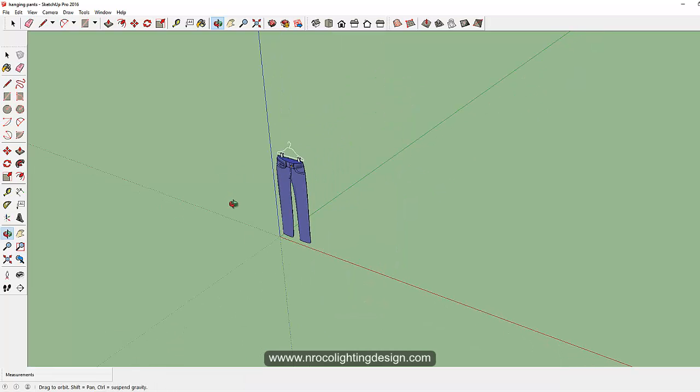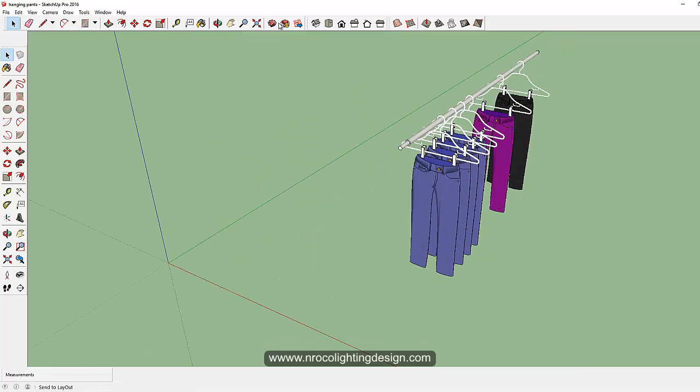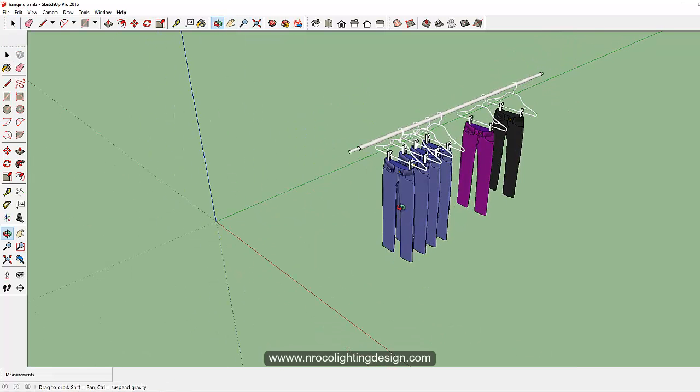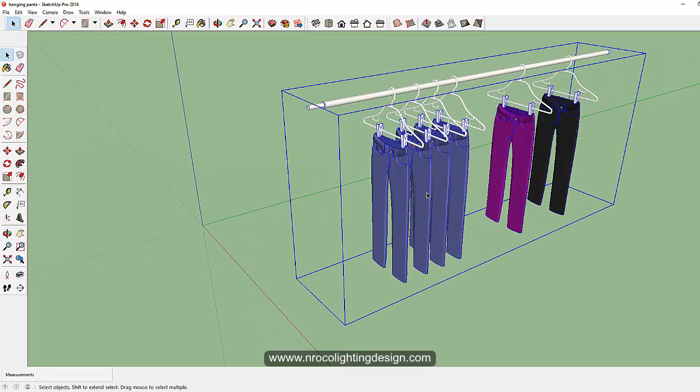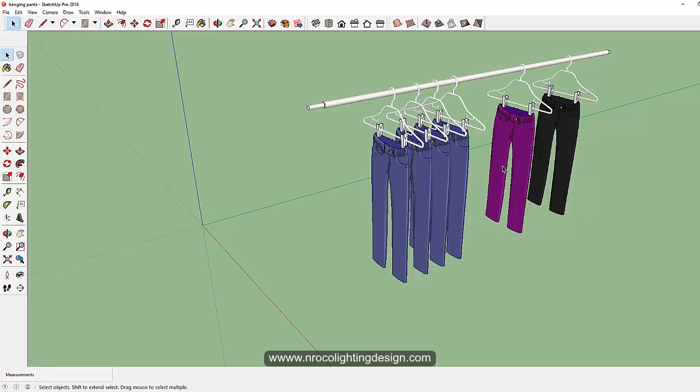So let's go and Control Z. We will now delete this one, and now we will need this small pants. That one is a long one, so let's explode it. And let's get this